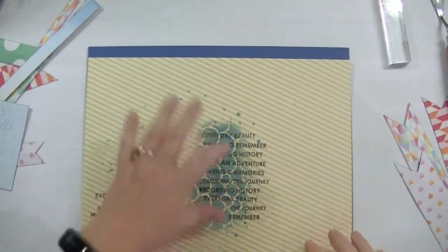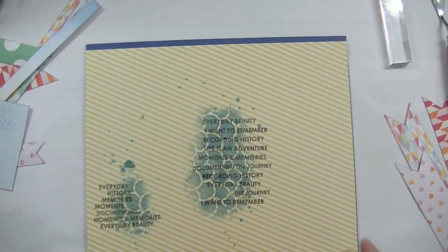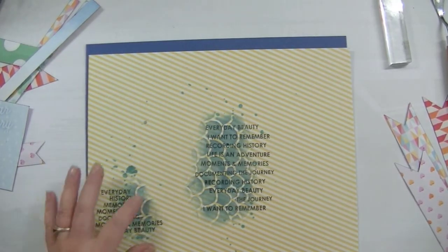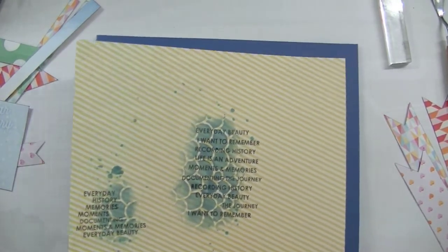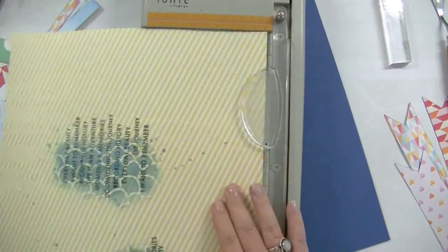I saw this blue color over here and I thought it would really look nice if I had a blue background. So I get this color repeated on the background there. So I'm just going to cut this a little bit smaller and save the stripes, and then go from there